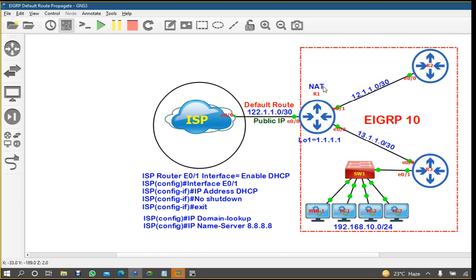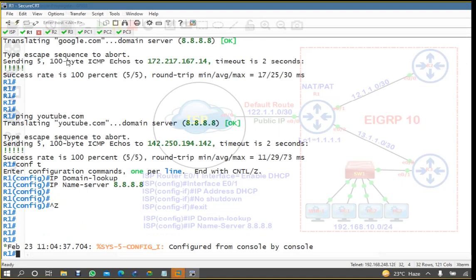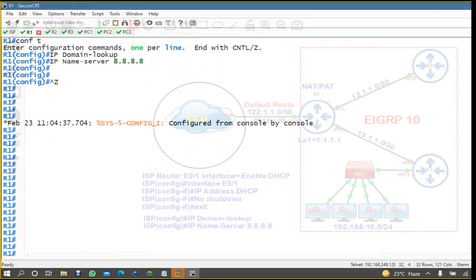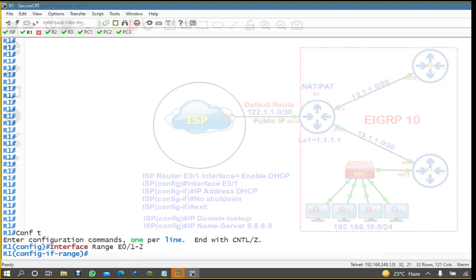And which NAT? NAT-PAT. We'll have a separate session on this NAT-PAT, but it's a part of EIGRP, so let's work on that. So what we have to do, we have to come to R1 and say conf t. We have two interfaces, E0/1 and E0/2, right? So we'll come here, interface range E0/1-2, right? IP NAT inside,